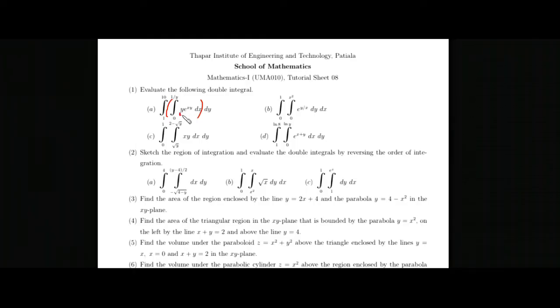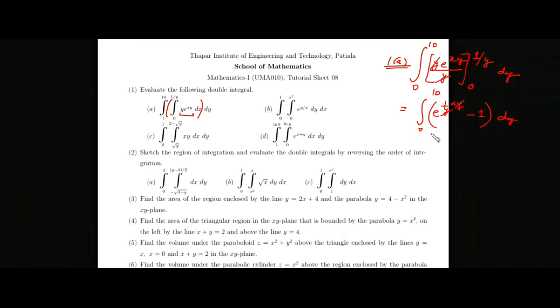So what is the integration of y times e to the power xy? The integration is y e to the power xy divided by y. So this y is cancelled out. Now you substitute the limits 1 upon y and 0. And after solving, whatever we get, we take the integration with respect to y. So when you simplify this, you get e to the power 1 over y times y, minus e to the power 0, which is 1.